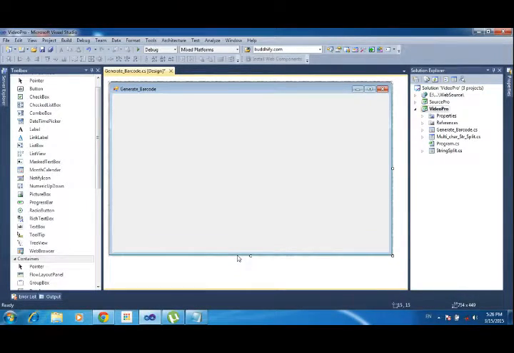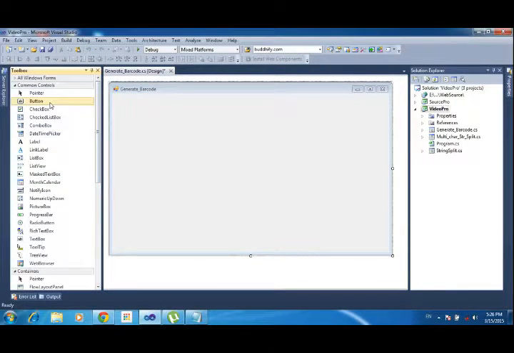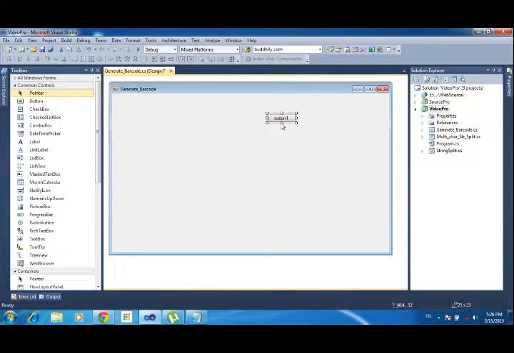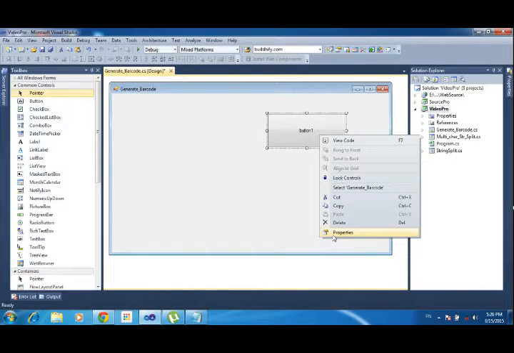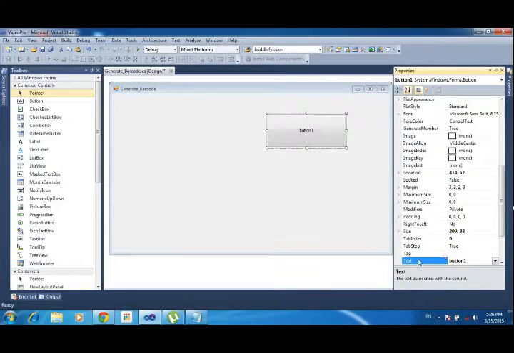This is our form. Here I am adding three components, and one component is a button. Here I am changing the button's name to generate. So right click the button and click properties. In the properties section you have to choose the text property, and inside it type generate.